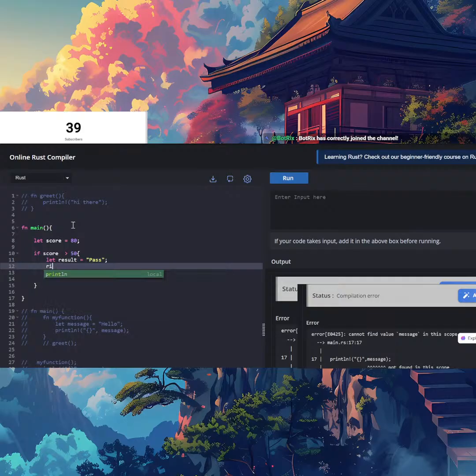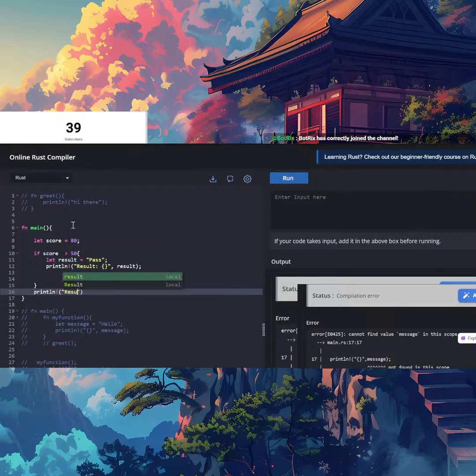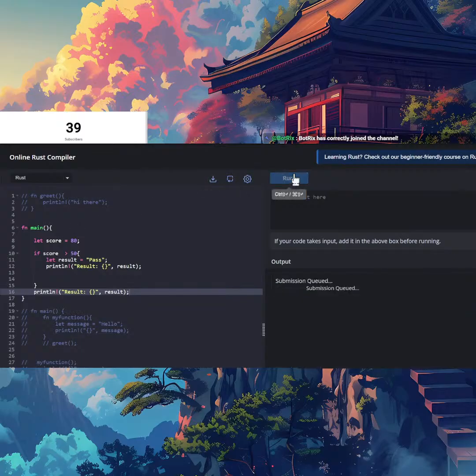And then println result. So that's going to be it for that kind of concept.